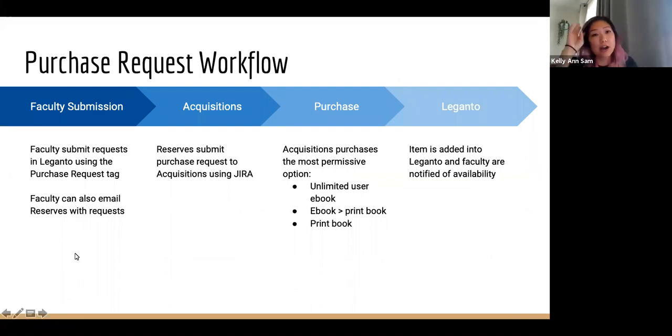And then this is our purchase request workflow. With getting Leganto, our collection policy actually changed, and we decided to start purchasing course materials. This has been ramped up to the max since COVID, but beforehand, we were already doing it, which is really great because